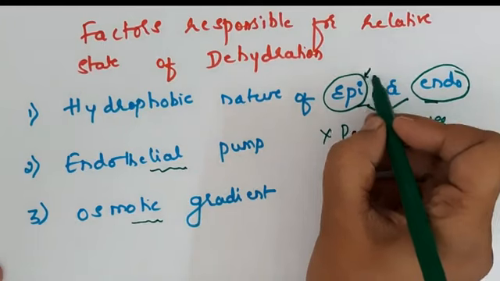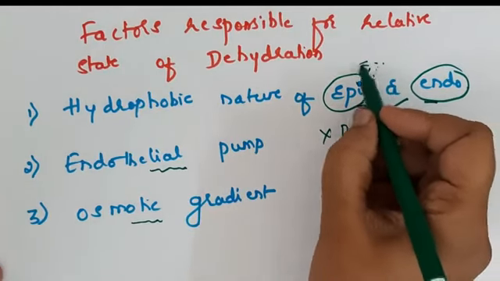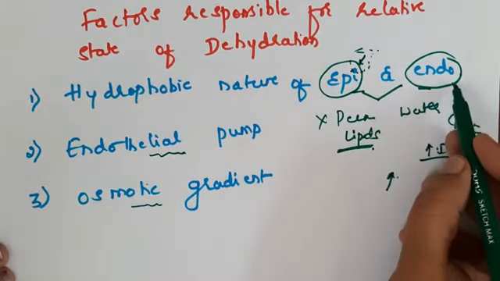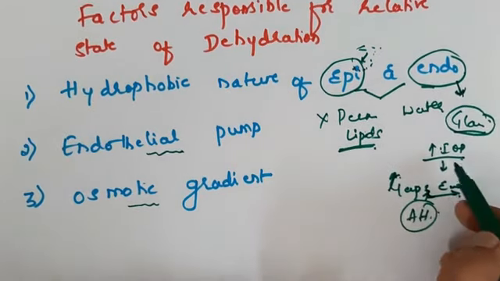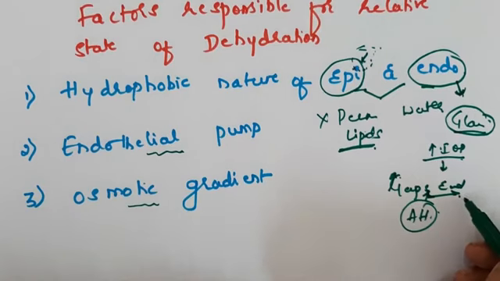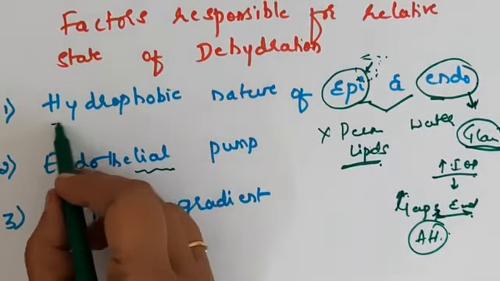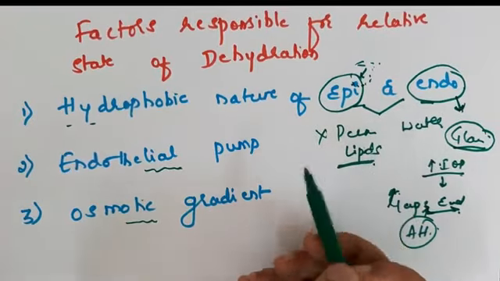So whenever you see the epithelial aberration or the epithelial defect, the cornea around that epithelial defect is hazy because of the fluid imbibition. When you consider the endothelium, as you can see in cases of glaucoma, increased intraocular pressure will lead to increased gap between the endothelial cells, pushing the aqueous into the corneal stroma, leading to the stromal haze or the corneal haze. This is one of the important factors, that is the hydrophobic nature of the epithelium and the endothelium, which will maintain the relative state of dehydration.